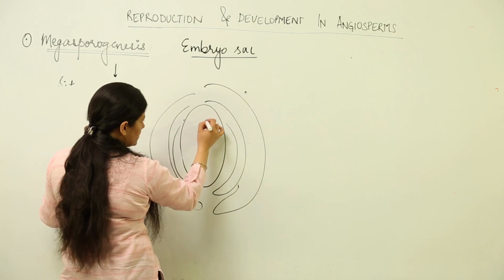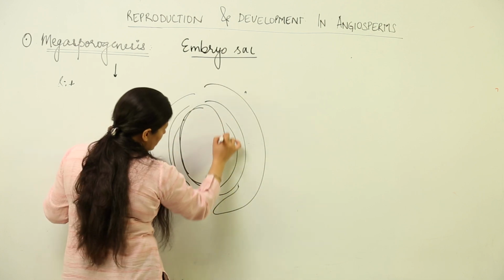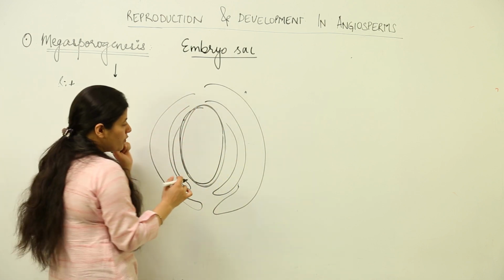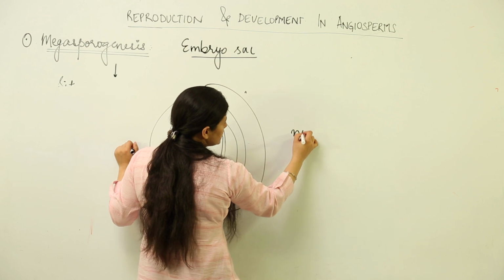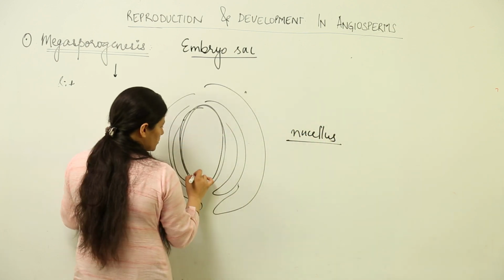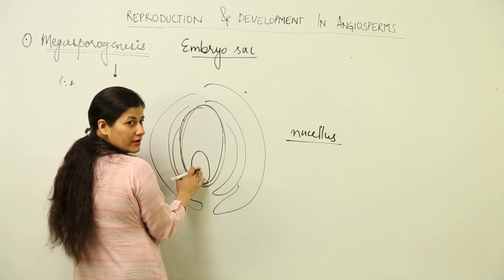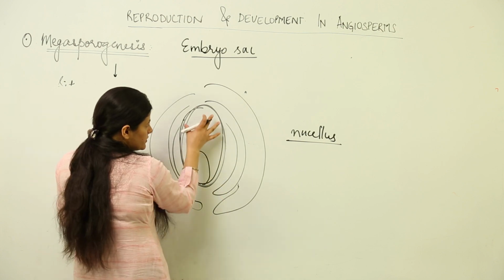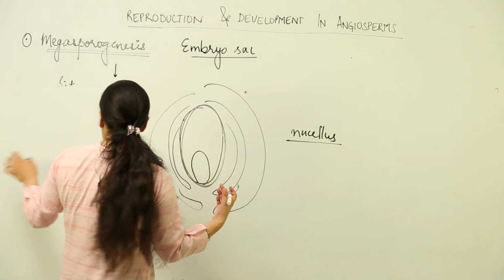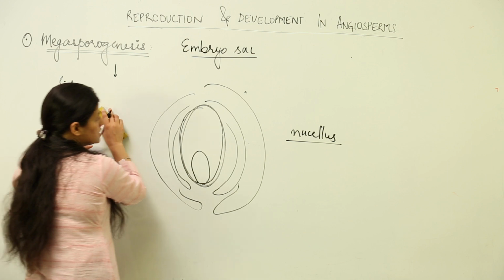Now, where we are going to concentrate our studies is this particular zone where we had the nucellus. And as we studied the structure, we talked about an embryo sac being present over here. So, we have to see how this nucellus is going to give rise to the embryo sac, because again the ovule is